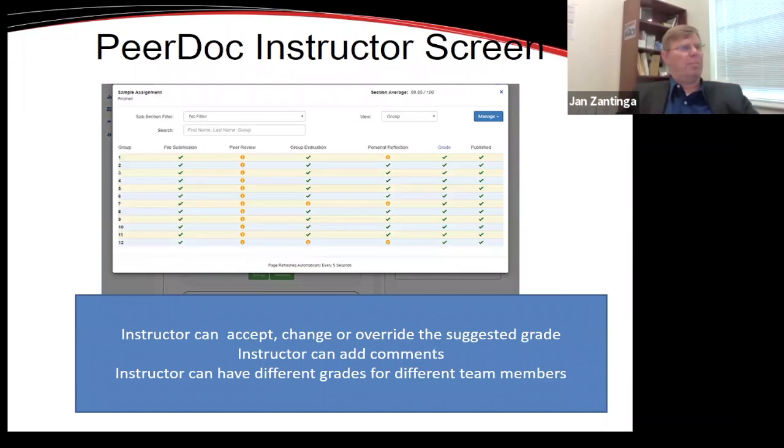So here's then what the PeerDoc instructor sees. The instructor sees all of the groups, sees if all the file submissions have been done, sees if all the group evaluations have been done. The instructor can then double click on each group to see the details of each of the groups. Then the instructor clicks and says, I accept all the grades and I publish all the grades.